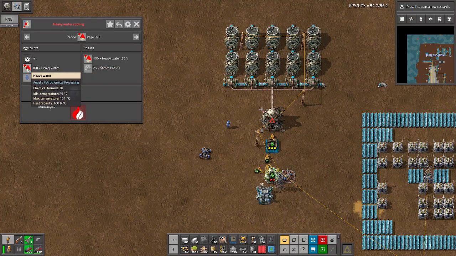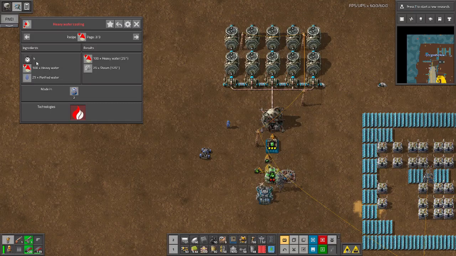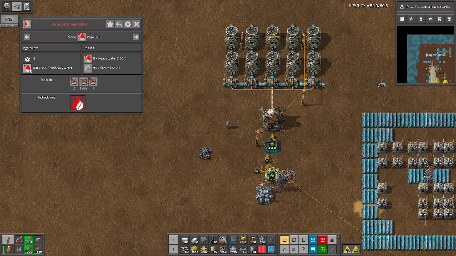What? So you just take your heavy water, turn it back into... Oh, you're taking your heavy water. So basically you'll have to produce it this way. You'll take it and turn it into heavy water. You'll take your heavy water, then you'll turn it into heavy water at 25 degrees and steam at 125. That's interesting. That's if you want hotter steam and more 25 degree steam or heavy water. I don't know. But anyway, so we need to make